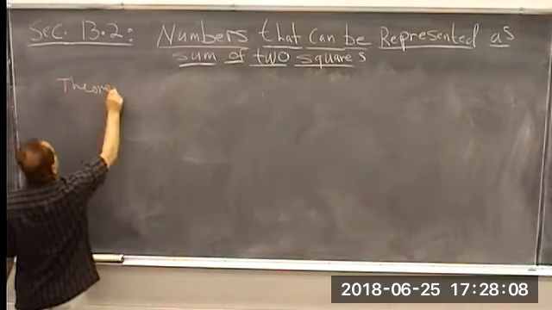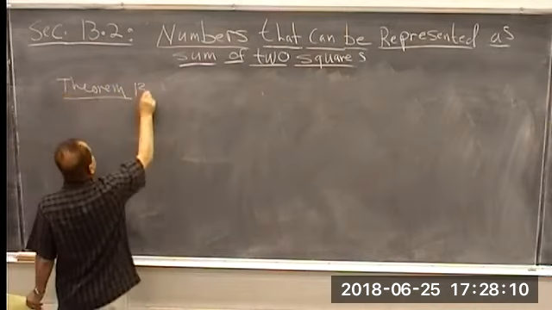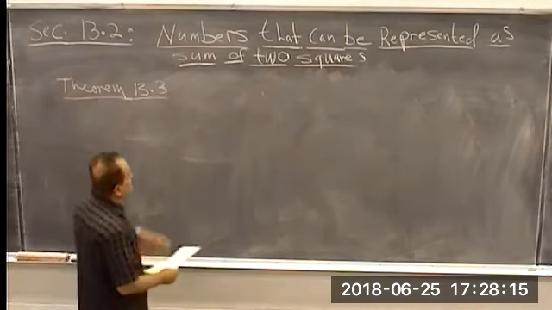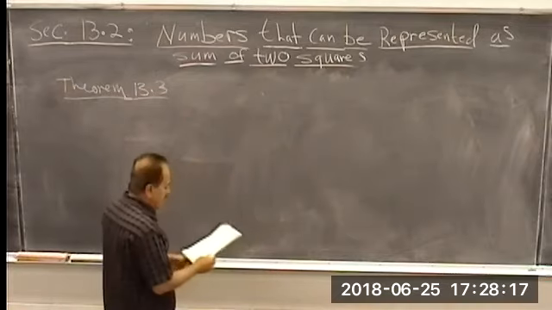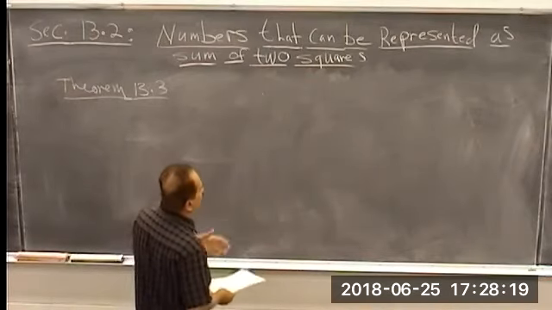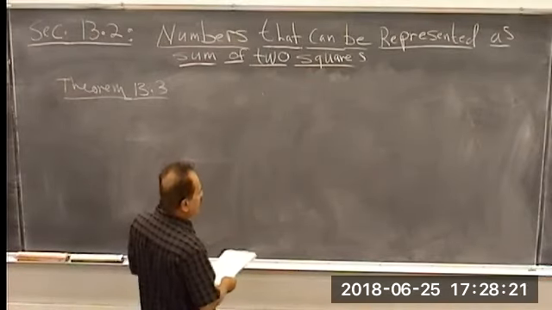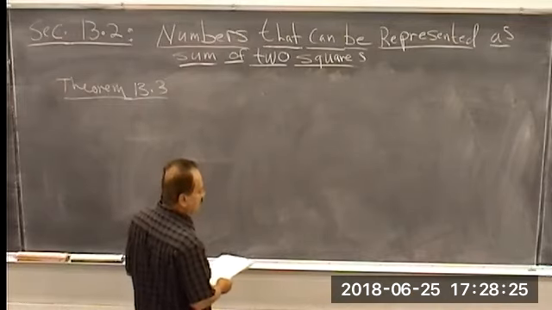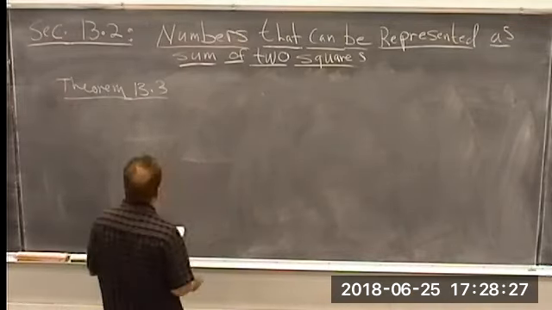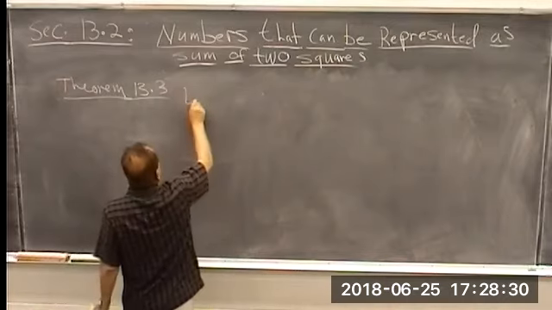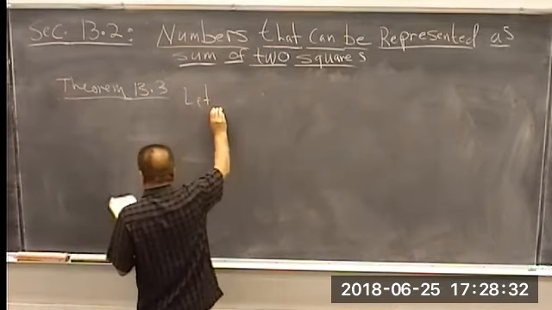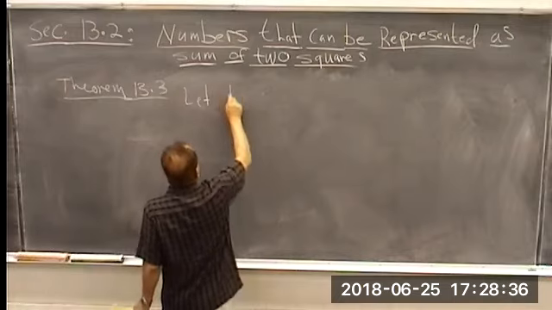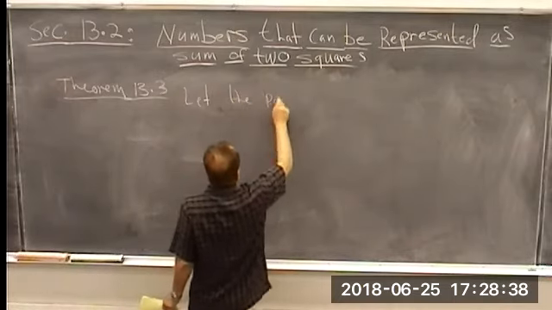One in this form, and then another to outline what we've been saying about the primes of the form 4k plus 3 appearing an even number of times in the prime factorization. So let the positive integer